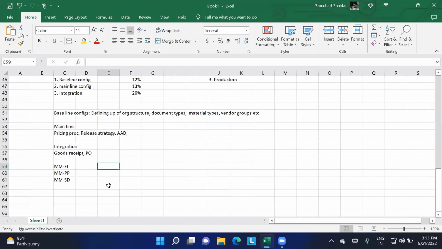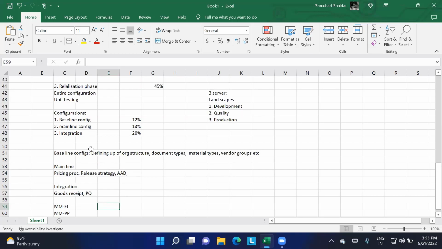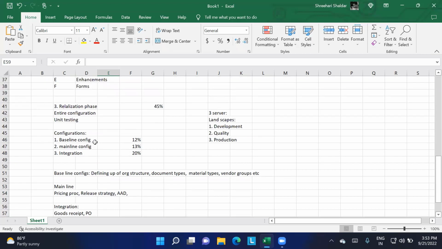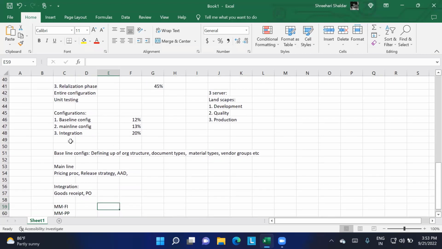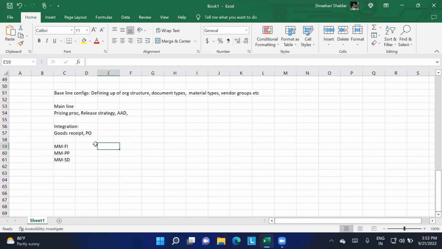After every phase we have to test it. We will have a checklist. You have to complete the task or the checklist, and only then can we move further. Otherwise, until the checklist is met, we have to redo the entire processes. So this is what comes into the realization phase. And the fourth is the final preparation.